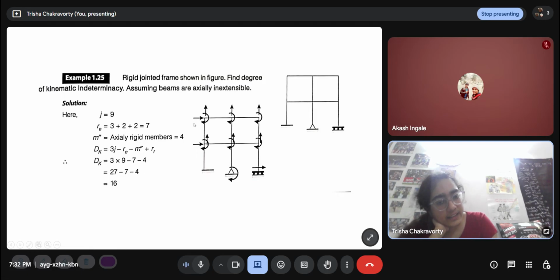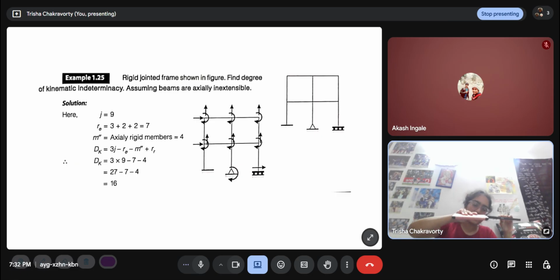So we can visualize this. At these 3 points and these 3 points, the vertical displacement and the rotation are free in all of them. And interestingly, they have only shown a horizontal displacement in any two of these joints. Since the beams are inextensible, the entire structure can move, but they cannot move with respect to each other. So it can sway, but it cannot elongate.